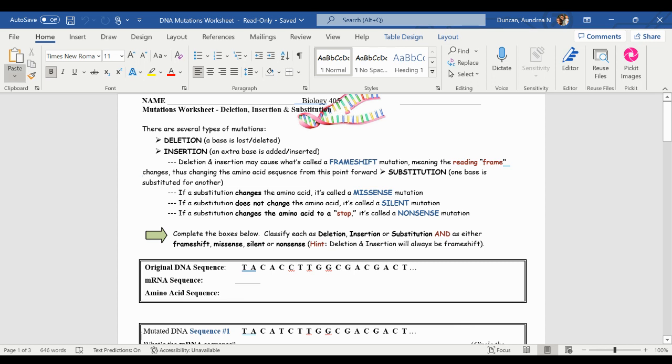So I'm just going to go through how to complete this. For the first part, they give you everything that's original. This is what the normal DNA, mRNA, and amino acid sequence is supposed to look like, and you're supposed to compare everything to it. So you're going to have A, U, G,